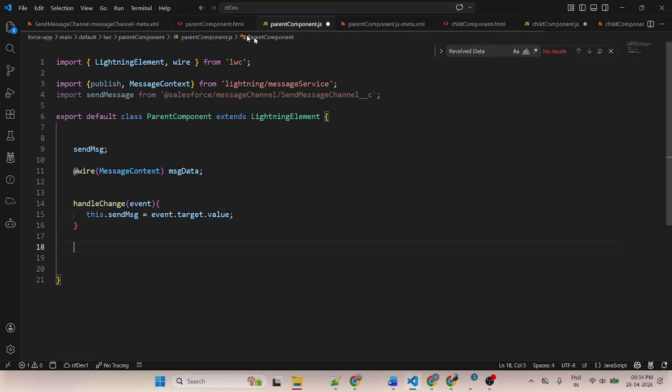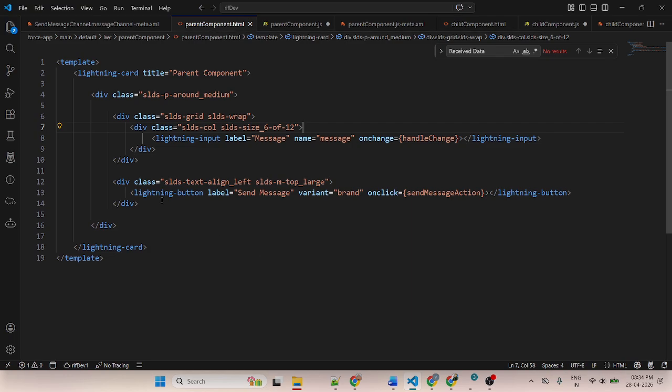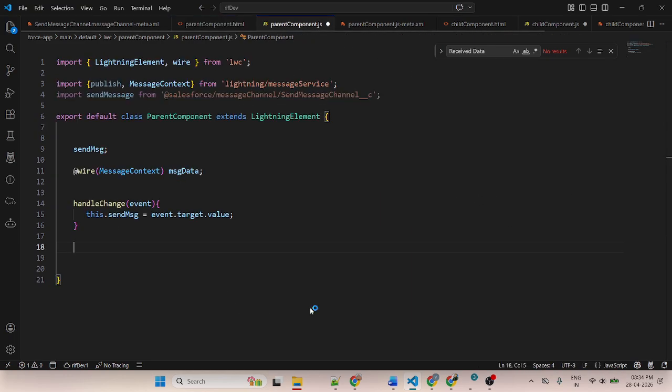After that, I will click the button. This is a button click function. Event.